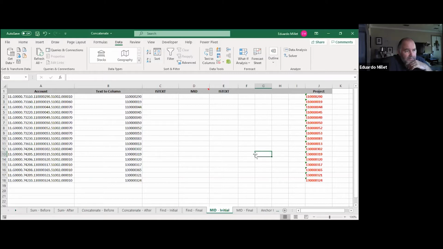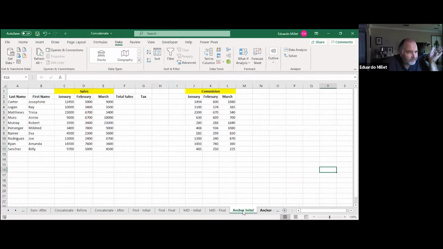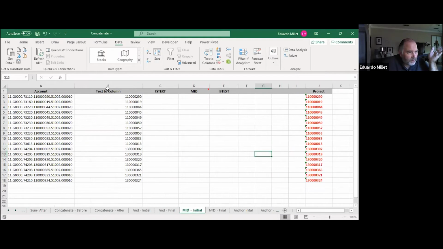One of the differences between doing text to columns and what we did before is the problem of losing your original information. In this case, when I did my text to columns, basically all the original information is gone. But there are other problems. These are more difficult, but it is important because you are going to see later